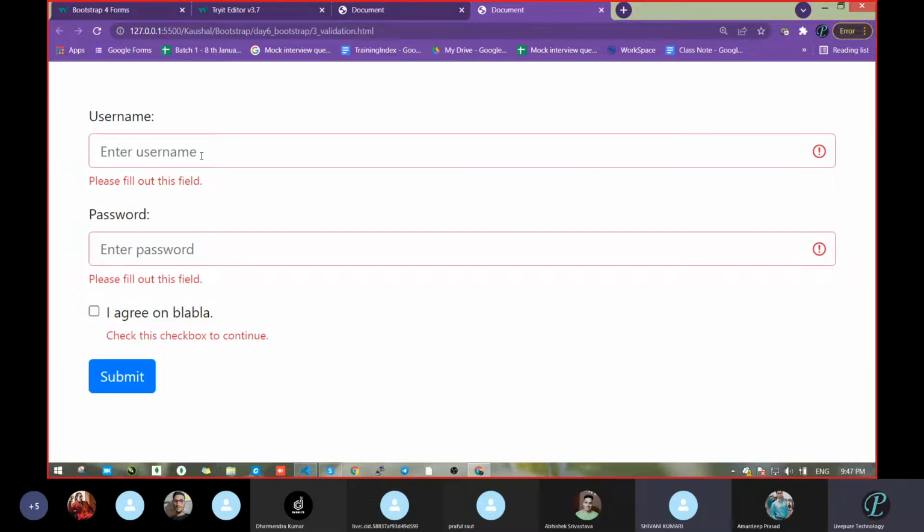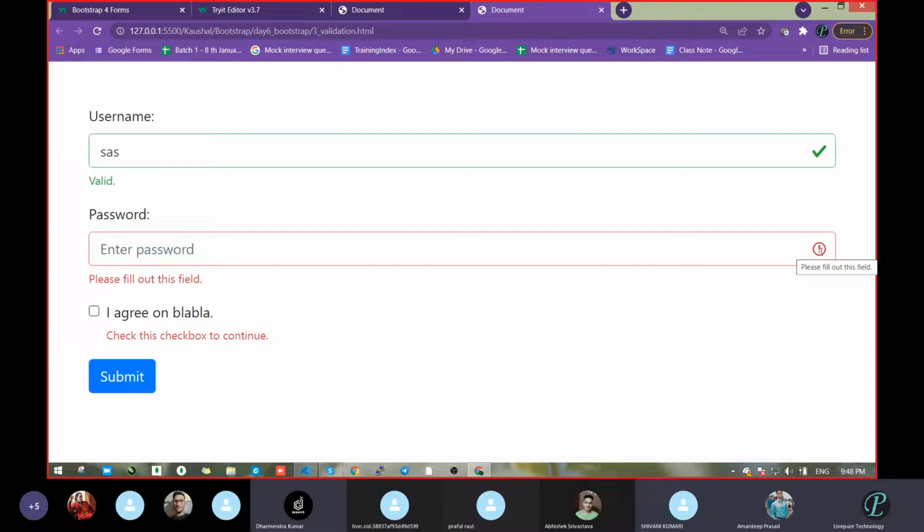Now when you start filling in data, suddenly it shows that it is valid and a tick mark came. But when you don't fill anything, some warning pop-up is there. When you put the cursor over it, it says please fill out this field. Can you tell me which CSS property displays this?